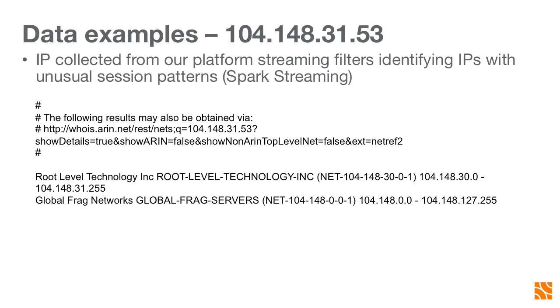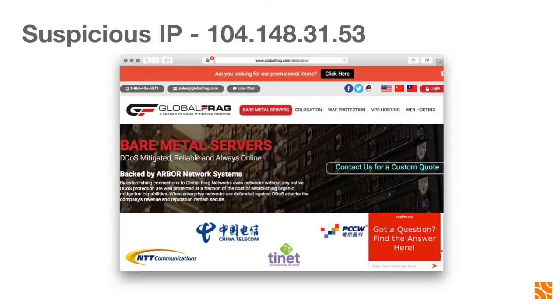All right. So I also have an example of an IP address that we identified recently. This IP address was found in our system recently for having violated some of these thresholds I'm telling you about. You can look it up on a system using a tool called Whois, and you can find out who owns a particular IP address, because it turns out that IP ownership information, much like street addresses, is public knowledge available to anyone on the internet. This particular IP address belongs to some company called Global Frag Networks. And it turns out they're a hosting company.